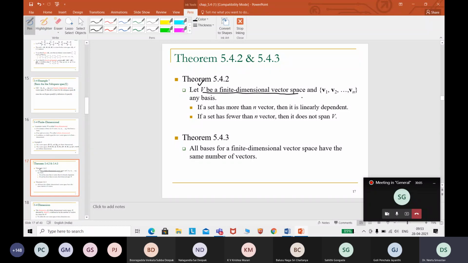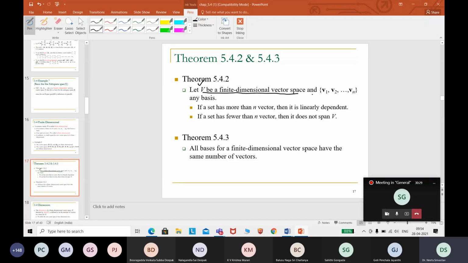Set is a finite dimensional vector space. Here you have a result. You have to memorize it, understanding all the results. It's good, but along with that, you have to memorize the result, so that when the time comes, you should know it and be able to implement it. That is possible only through understanding and memorizing the result. If you forget, you will not be able to.